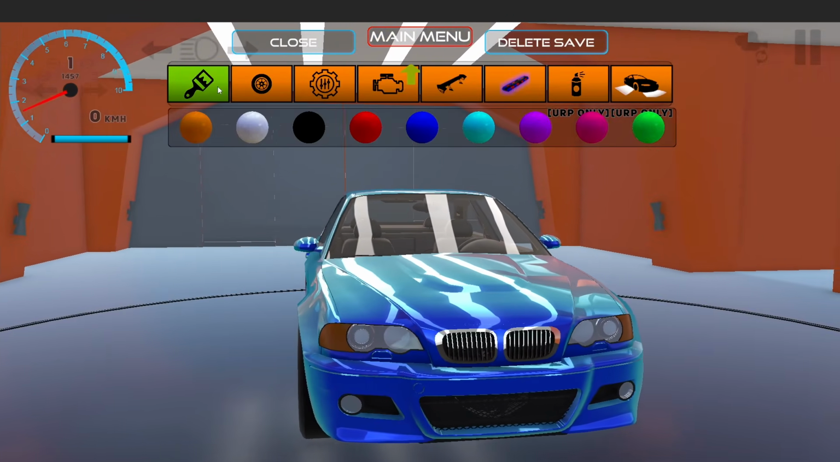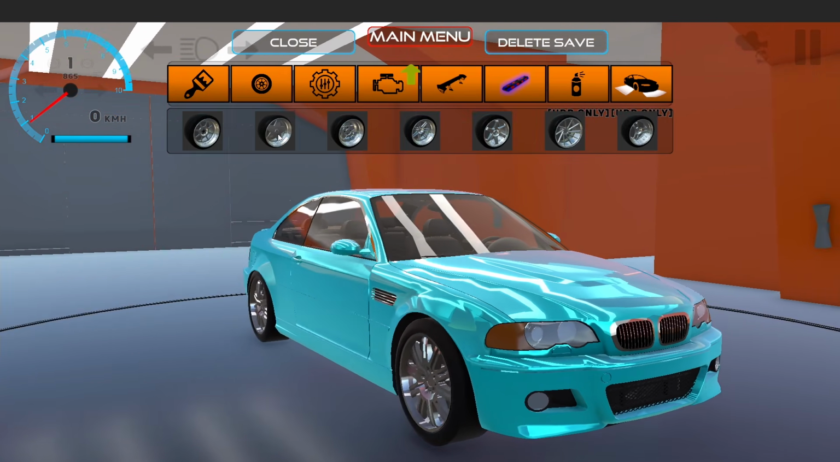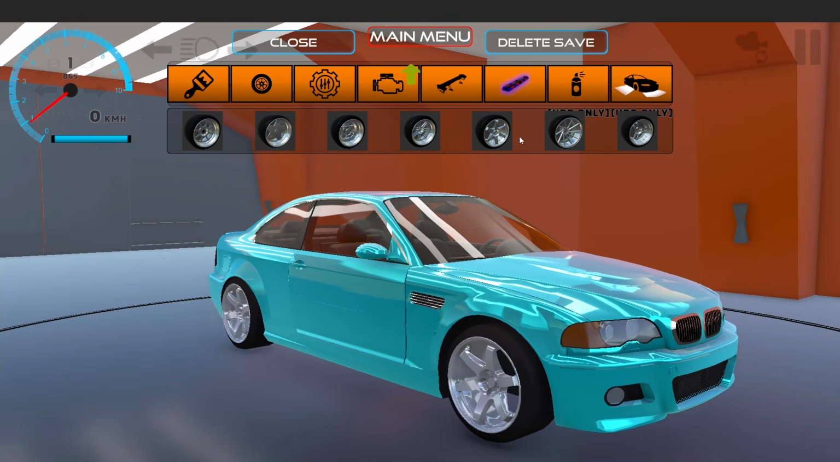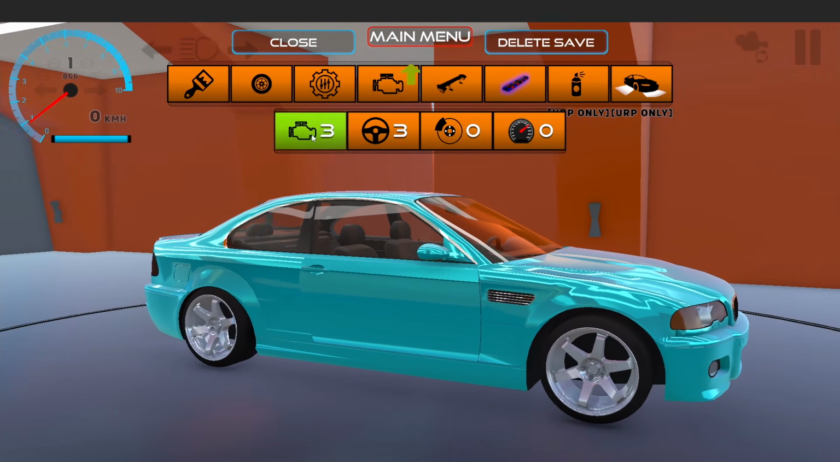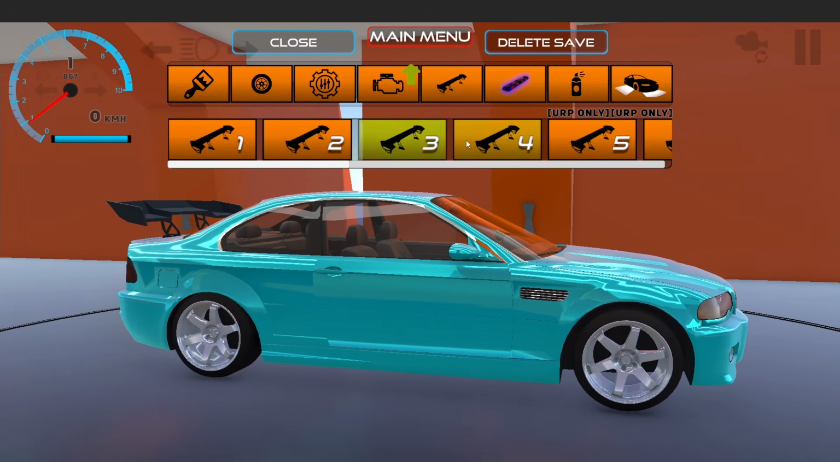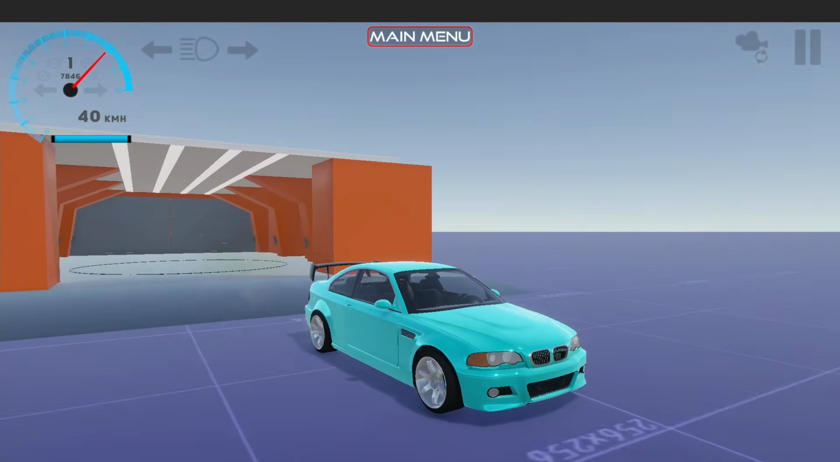little spot here, you can see that we can adjust and edit the paintwork to what we might like. We could set the different rim style, and we can make upgrades to the engine or something to make our car faster, change the different spoilers that are on there, and then you can drive out and see the customizations